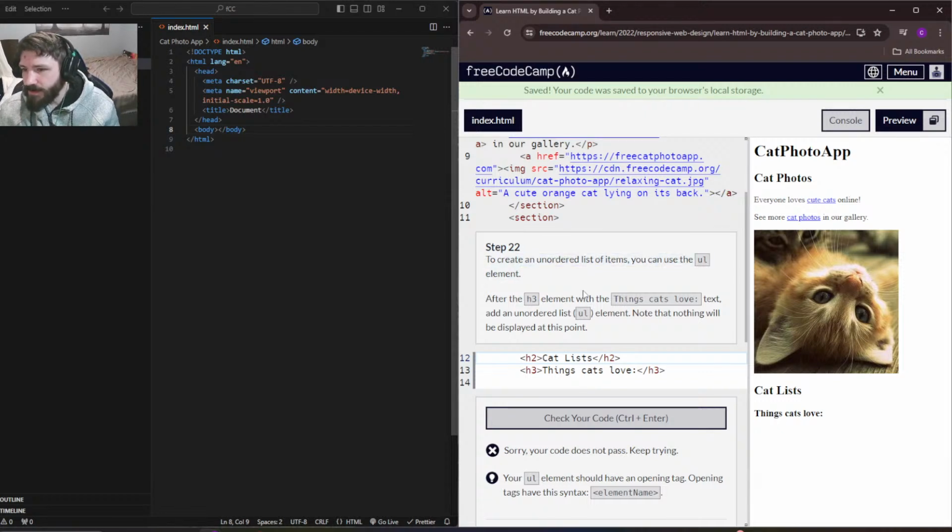To create an unordered list of items, you can use the UL unordered list. After the H3 element with the text, add an unordered list UL element. Note that nothing will be displayed at this point yet. So. Doesn't say that it was a void thing, so I imagine it's